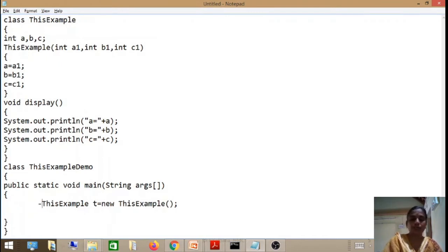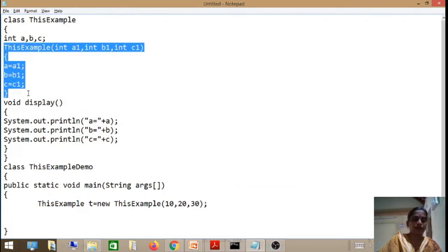This by default invokes the constructor, but here is an error because we have three parameters in this constructor. So we have to supply three values: 10, 20, 30, and this invokes the ThisExample constructor.